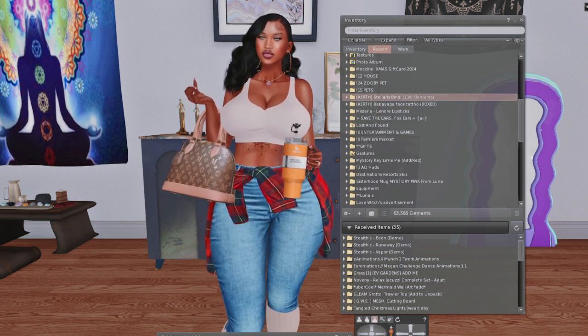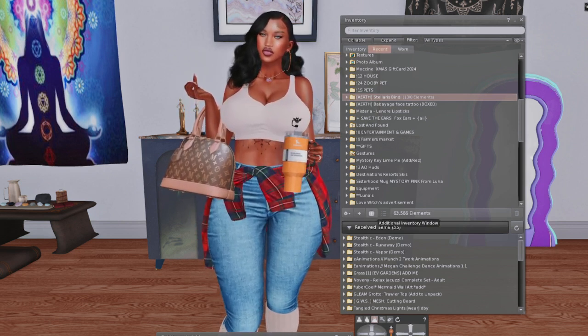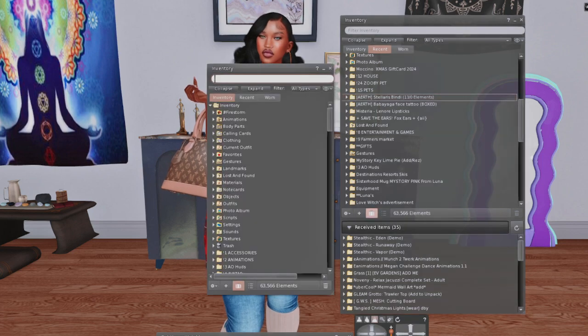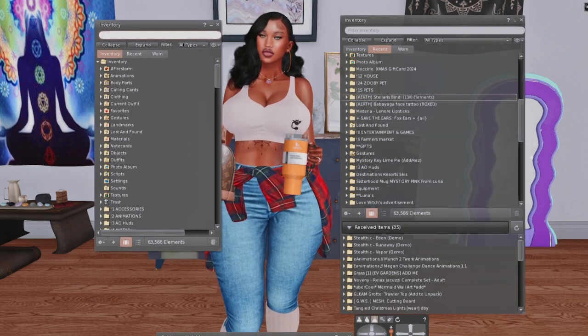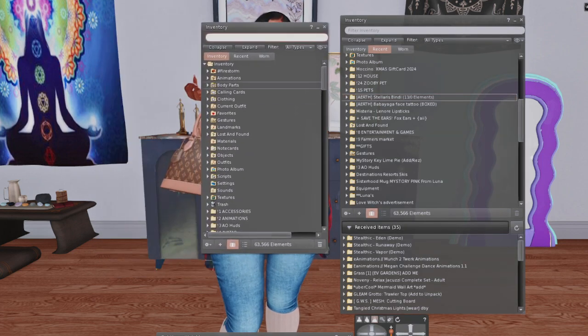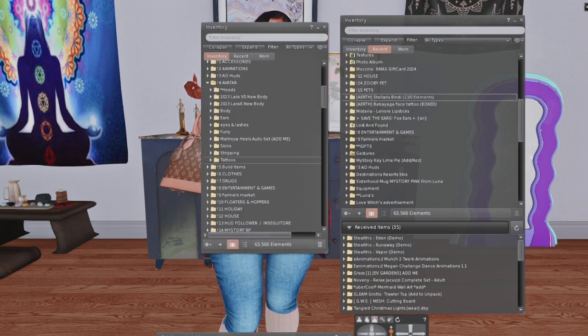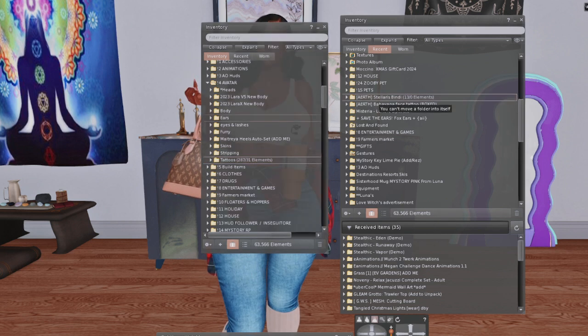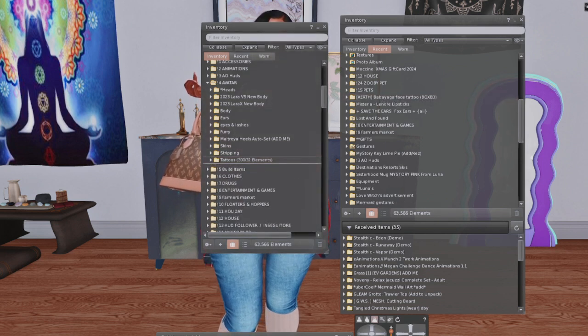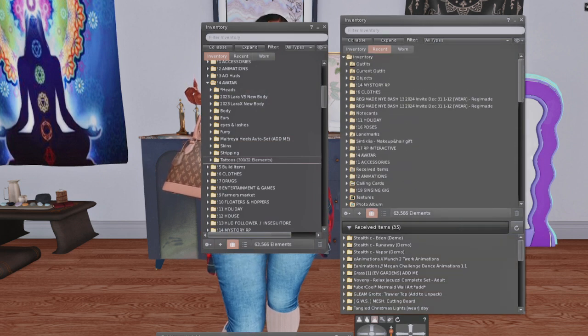So what you'll want to do is you'll want to extend additional inventory window. It is the suitcase down at the bottom here. So now you have 2 inventory windows that you can work with, and it's going to make dragging and dropping 10 times easier. So I know I want this to go over to my tattoos. I'm going to grab this Aerith Stellaris Bindi tat. I'm going to left click and drag it over to my tattoos, and now it's also going to be sorted there,